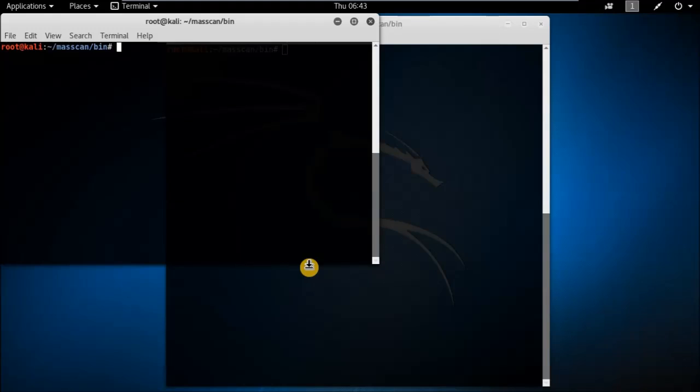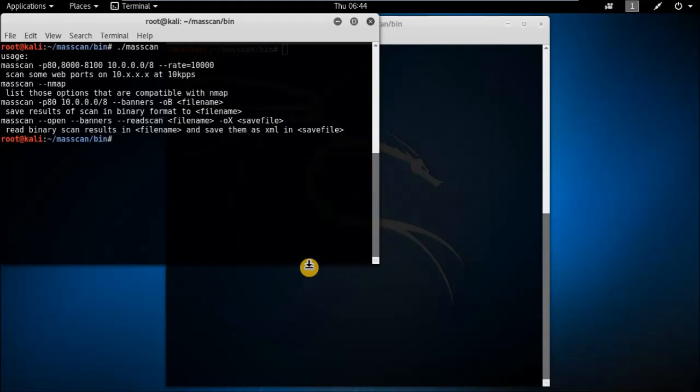I will not go deeply into using these tools, but I will simply scan a network and entire IP ranges in less than 6 minutes. That is the benefit of using this tool, Masscan. You can find this information on the GitHub repository, and I will show you how to install it at the end. Using this tool is not a big deal: just type masscan from the installed folder and directory,